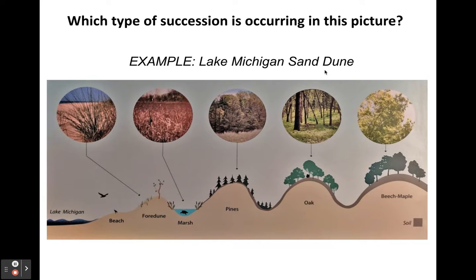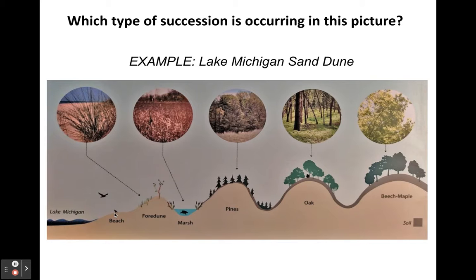This is the Lake Michigan sand dunes that H.C. Cowles studied succession at. And what he did is he started in these dunes that are far away from the lake, and then he studied at different distances from the lake, because dunes are always migrating away from the lake shore. And so these would be the oldest, and this would be the newest. And so here is where we could imagine succession beginning just on bare sand.